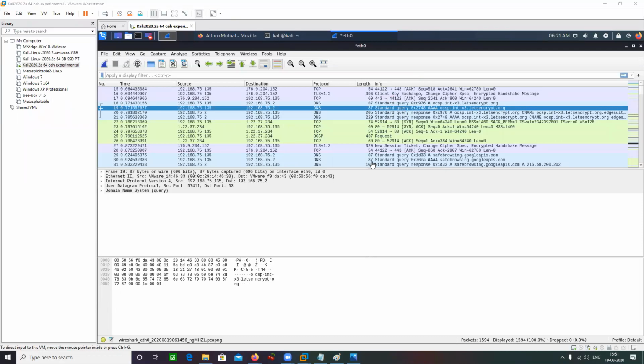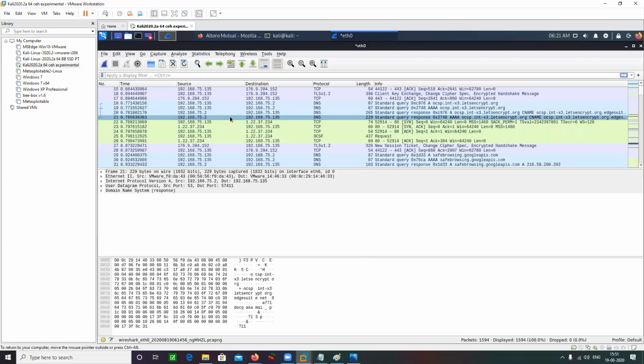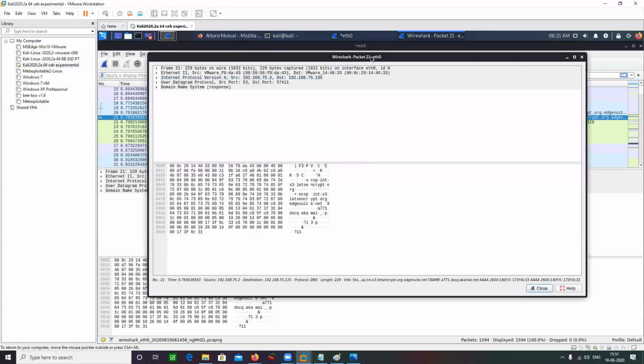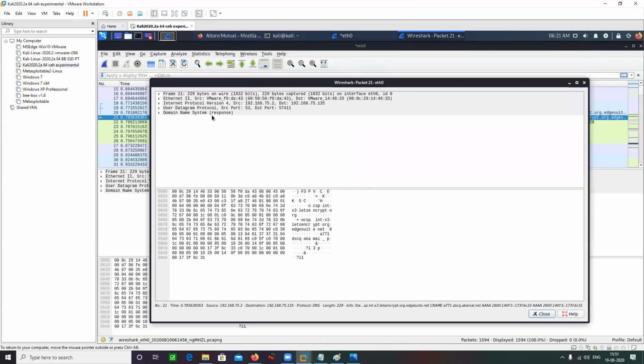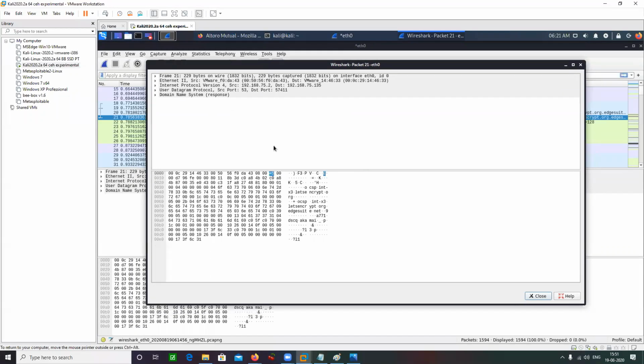Anytime if I want to dissect this packet, if I want to inspect this packet in detail, I can simply click on a packet and double click on it and open it. So this is your packet inspection, or packet dissection. I've opened this packet, and here you can see on the left hand side some sort of hex output. Can any one of you tell me what is this?